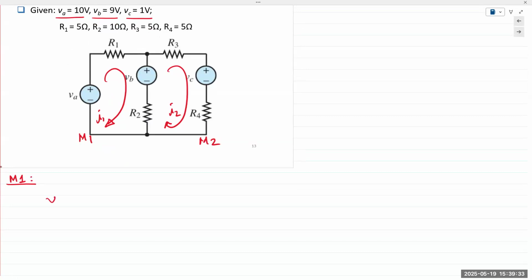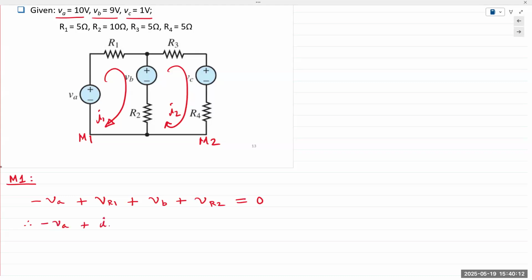We have VA, then I have VR1, I have VB, and VR2, summing up to 0, right? VA would be minus, VR1 would be plus, VB is plus, and VR2 is plus. Out of the 2 resistors, R2 is in a shared branch. And so I can express minus VA